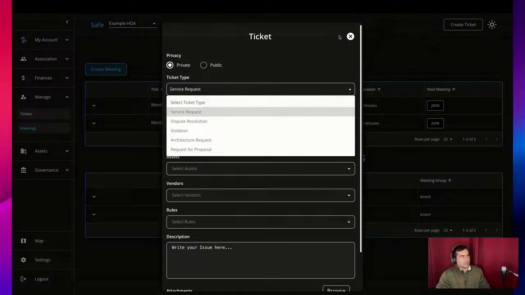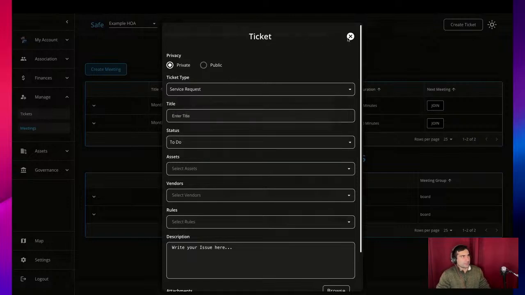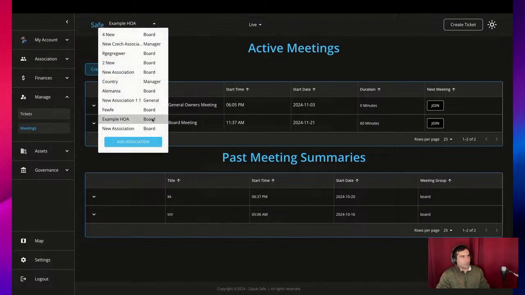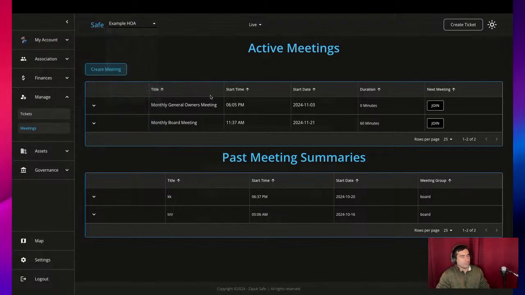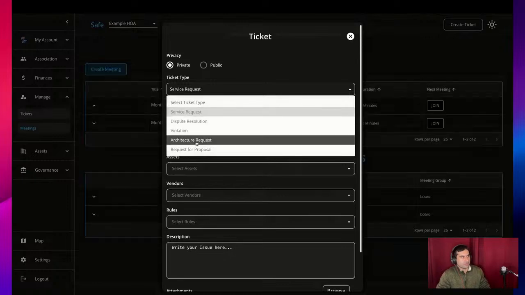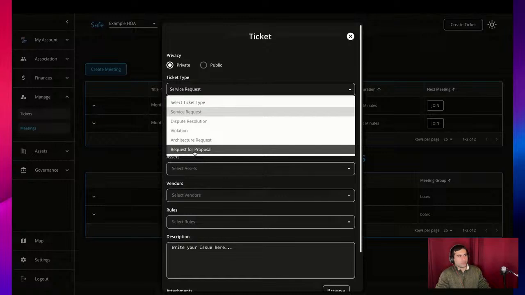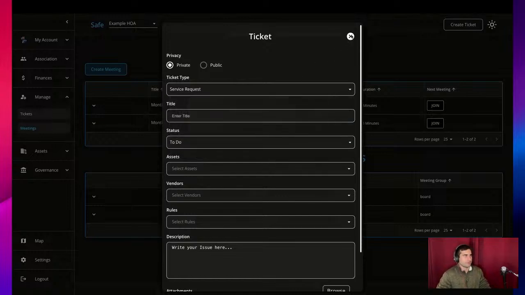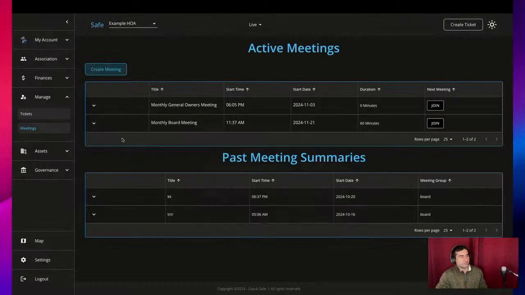Right now I'm allocated as a board member here, so I'm given permissions, given specific workflow availability, such as dispute resolutions and requests for proposals, which would not be permitted to general members. But to continue, we integrated with Zoom